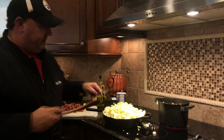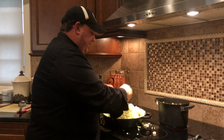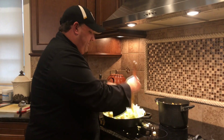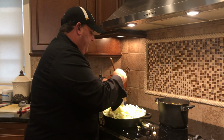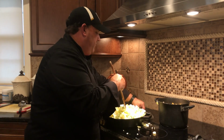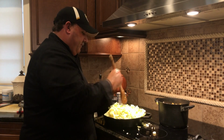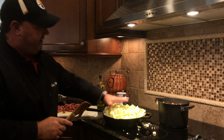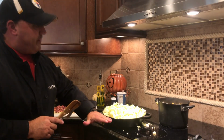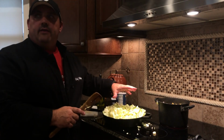Here's the tricky part, is getting to coat this. You see how high this is right now? I just kind of move it with a fork, and I move it with a wooden spoon. You can use whatever you want, whichever you're comfortable with. But we want to start to get this reduced. You see how high it is in the pan? We want to get it back down to about the pan level or lower, because at that point the cabbage